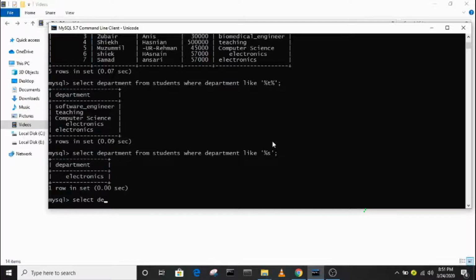Select the column department from students where department like